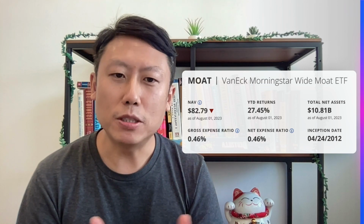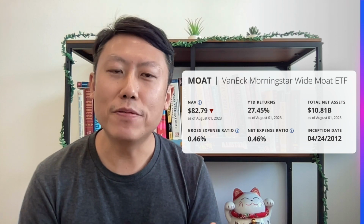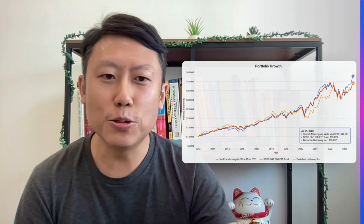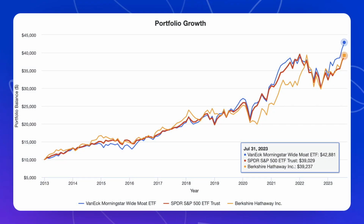The total expense ratio is about 0.46%, probably higher than a plain vanilla S&P 500 SPY ETF, which is about 0.09%. But that said, its performance is still able to outperform both Warren Buffett's Berkshire Hathaway as well as the S&P 500 ETF despite the higher expense ratio. You can see the blue line is the VanEck Morningstar Wide Moat ETF, the red line is the S&P 500 ETF,